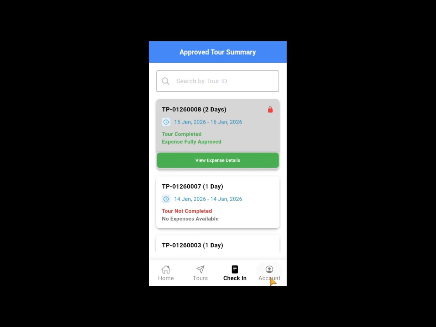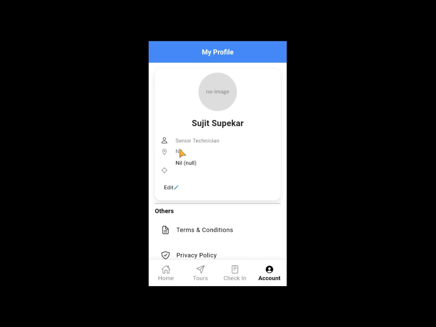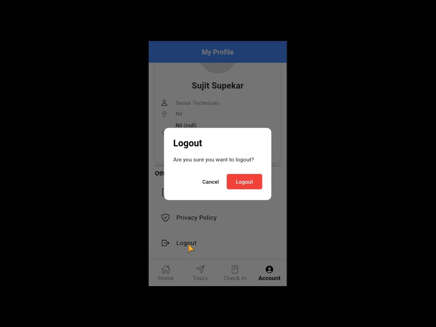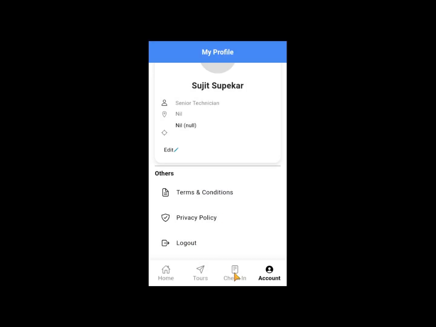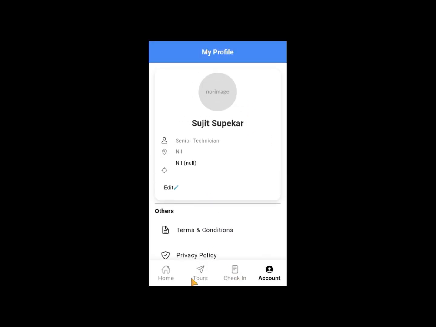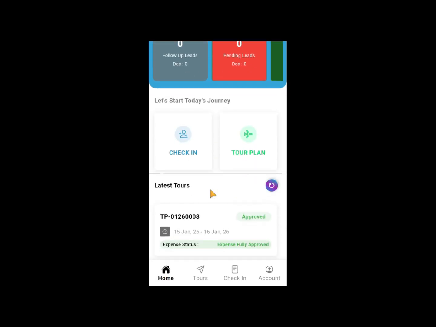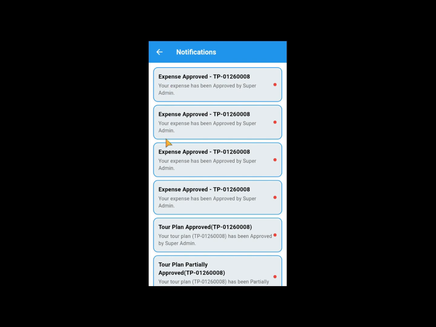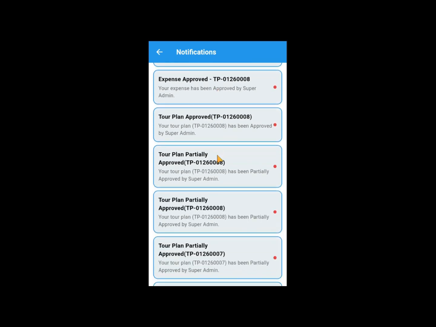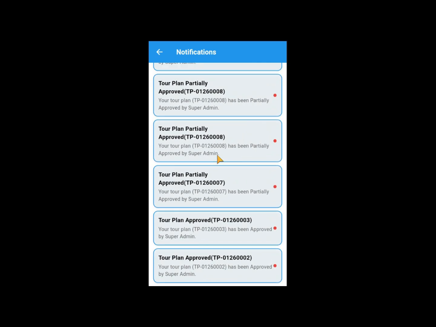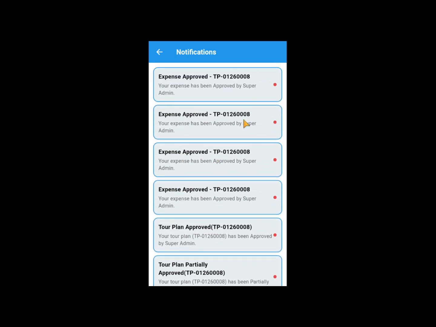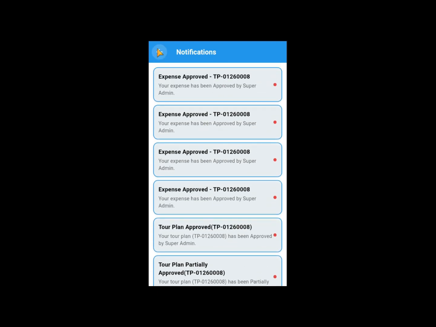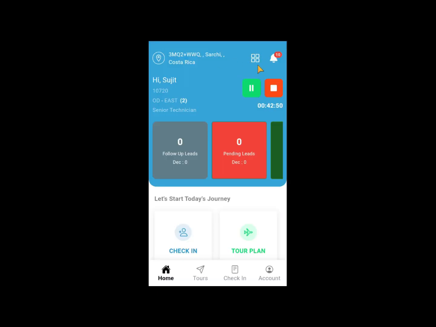Right now I'm going to explain your account. You can see these are your account details. You have terms and conditions and privacy. Click here to log out from here, and this is all about your profile details. Again come to this page, and right now it shows your notifications. You can see the details of every update I have done previously about the tour visit. Every piece of information will come here. You can check everything right now, and again come back.